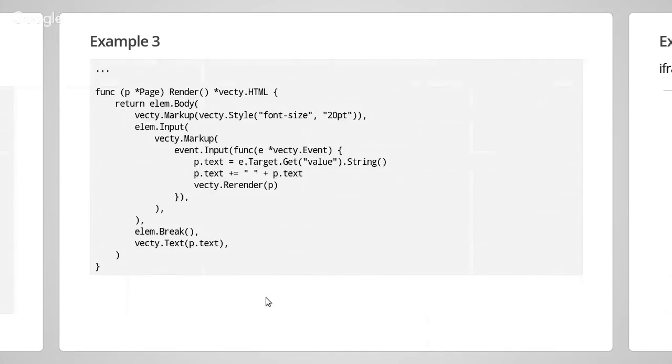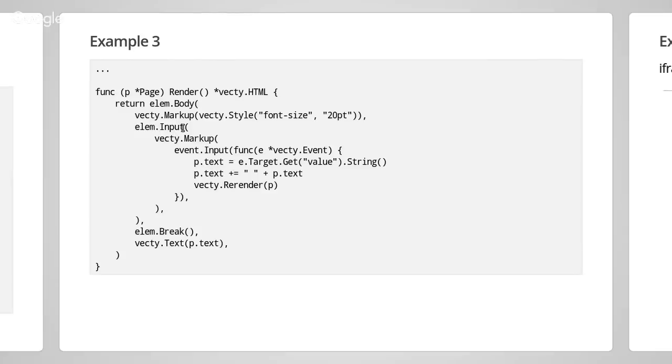And I guess, at least for me, this has quite a React feel. Basically, you return a component. What we're returning here is a body. We can even style it in Vecti. So for example, here we set the font size to 20 points. Of course, for larger projects, you can also do your CSS in an extra file and then just use it like you're normally used to. This is no problem at all, but you can also do it with Vecti.